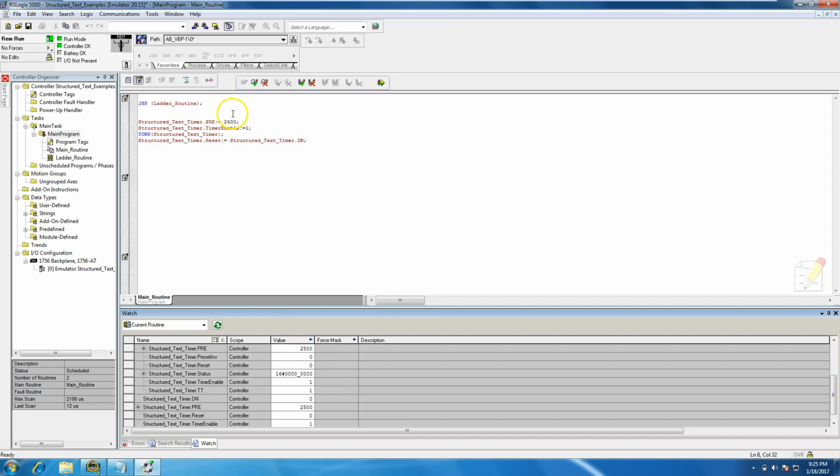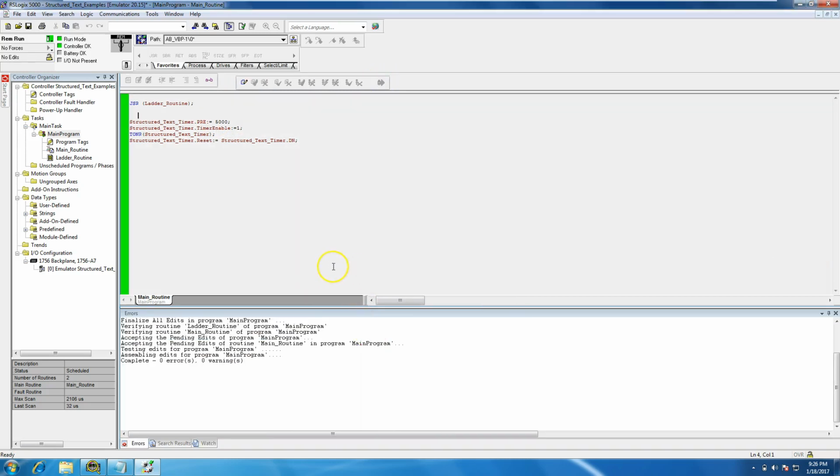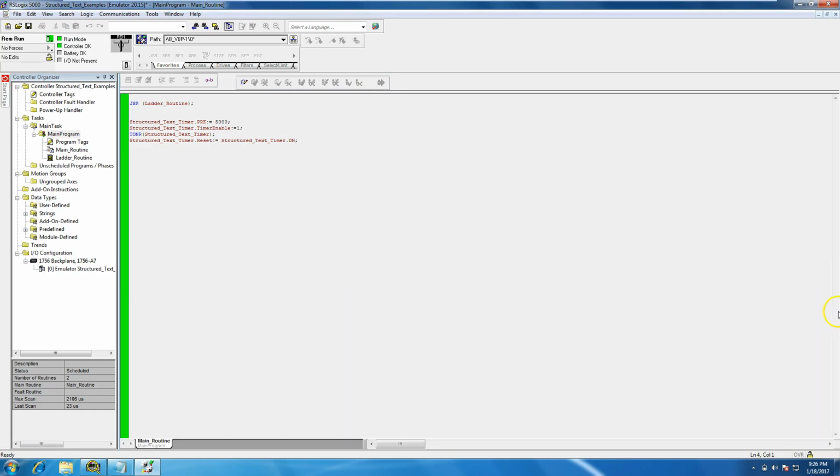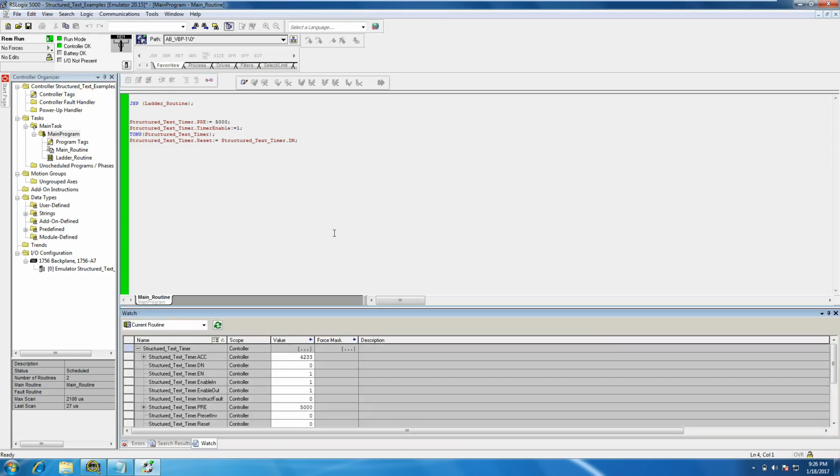So let's change this. Let's go to 5 seconds, and now again we go back to view, watch, and now it's actually scrolling through and using the timer for every 5 seconds. Now to prove this out, what we can do is say that this timer,